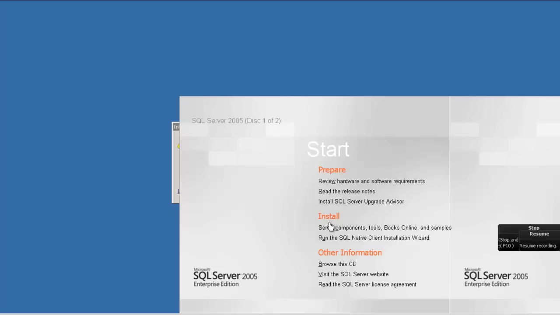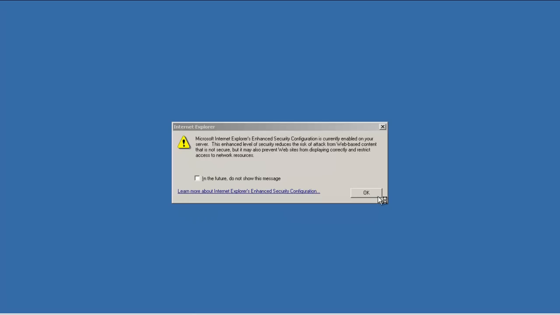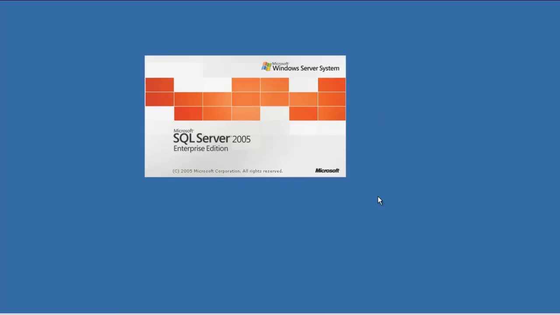This time, as you can see, it is going to install only the SQL Server database part. It will not install Visual Studio or Business Intelligence. The reason is that it has already installed them once. The only thing it requires the second time is the database.